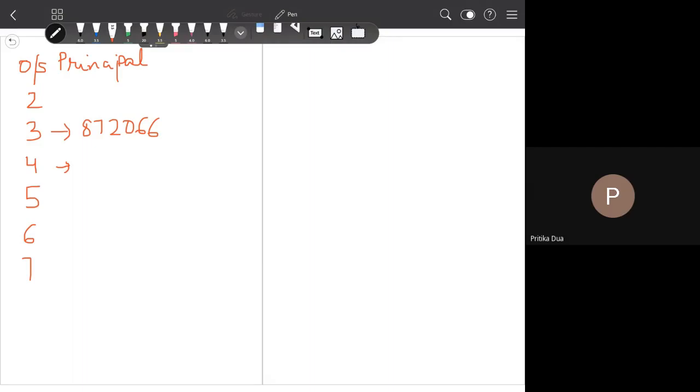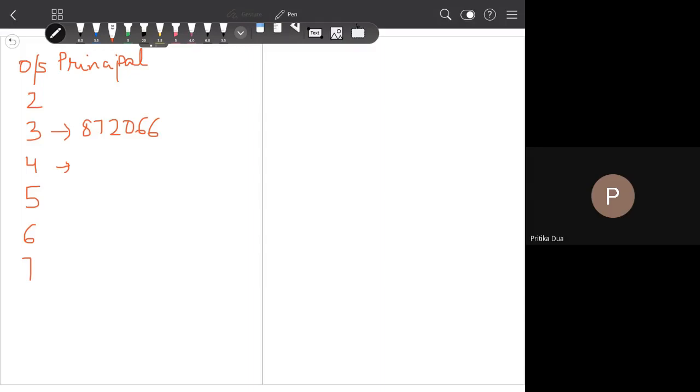Muskan, can you just open your solution? Just read out the values. For fourth year, how much is the interest coming to? Ma'am, 61,045. Okay, so the principal component turns out to be 48,749. And now when you deduct it from 8,72,066, what value are you getting? 8233317. So how come I am getting 8,26,506? There we are getting a difference.